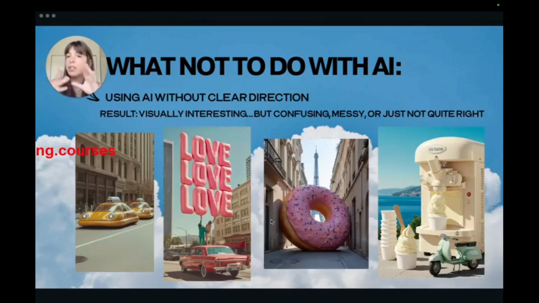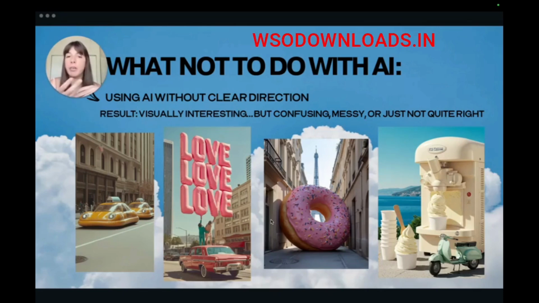The third thing I'm going to talk about is using AI without a clear direction. Visually, it could be interesting, but it's confusing, messy, not quite right. When I'm using AI without a prompt, just asking it for a random thing, it never brings me results. The thing is to know what you want to do with AI and give it direction, not the other way around, hoping that AI will save your content. We need to give it clear inspiration, texture, and describe it in as much detail as you can in order to get the result. Here you can see a few examples of how people use AI in a creative way and it still looks humanized and it looks cool and innovative.